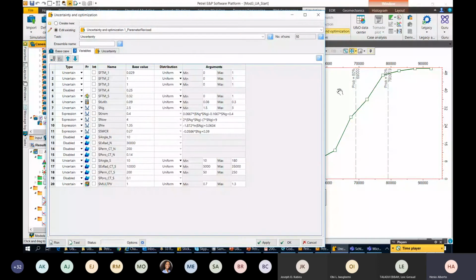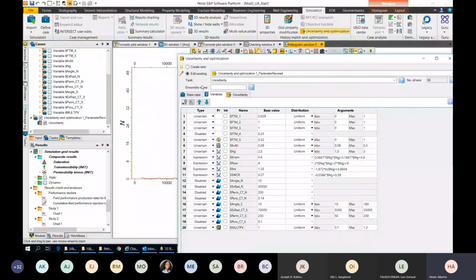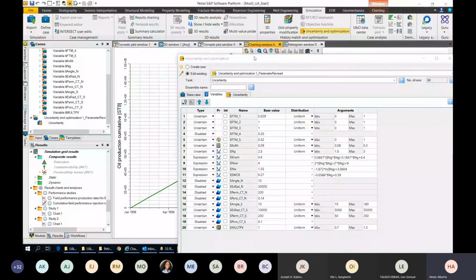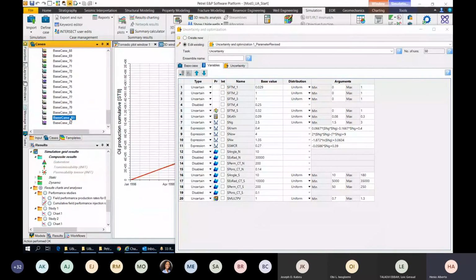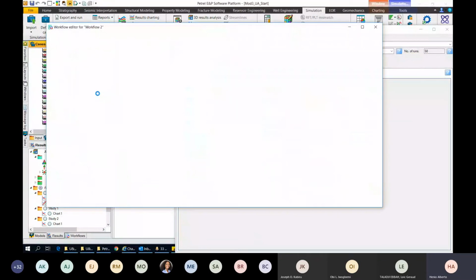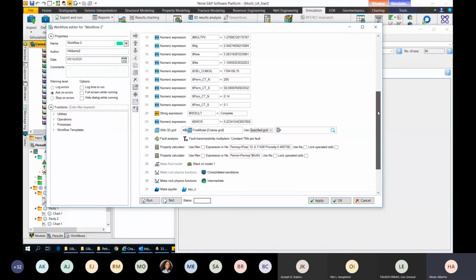And let's say that case 81, which is the one that corresponds to my P50, I want to replicate it and make this a model. So what I'll do is I'll click in case 81, right click, and I will create a workflow. So this will allow me to create a grid which has all the input parameters that we use through a Monte Carlo random simulation that will replicate case 81. And I can use this as my base case to any further